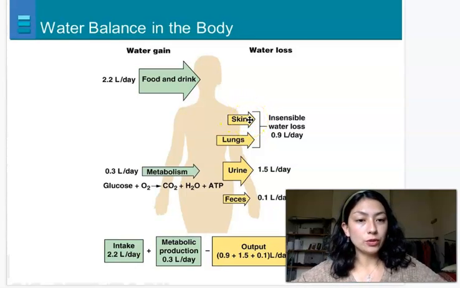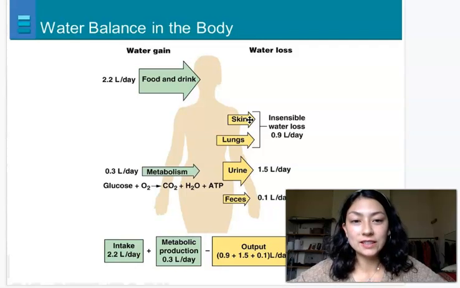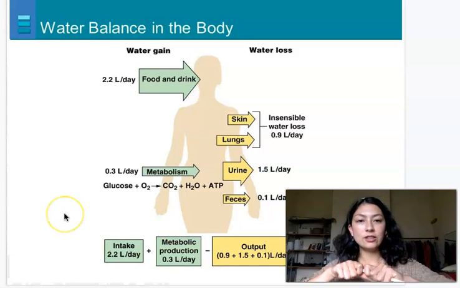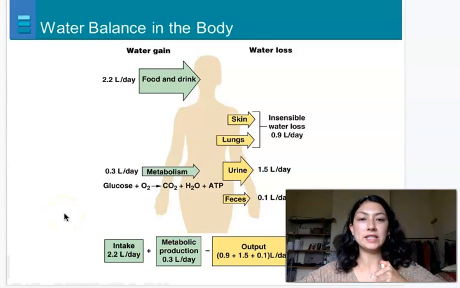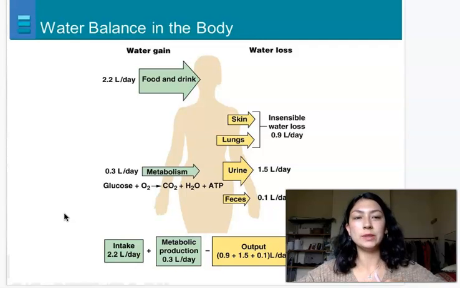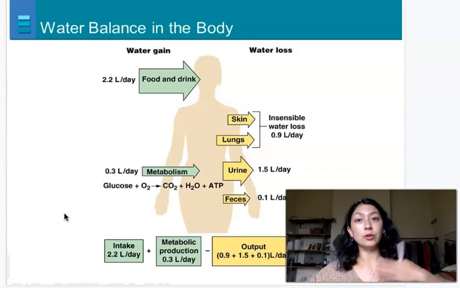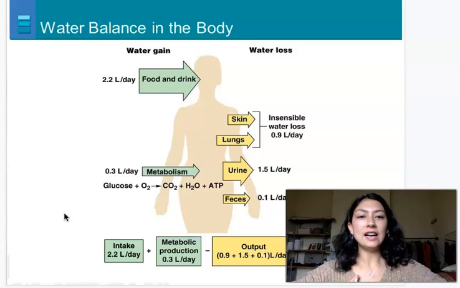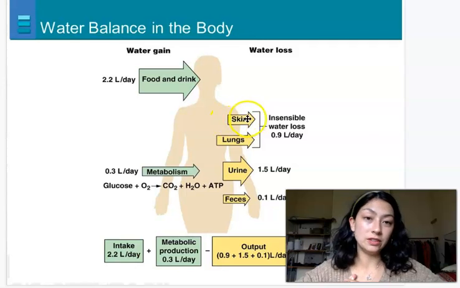You produce a lot of water through your skin, even if you're not sweating. It's called insensible water loss because you can't actually notice it. Sweating, we don't really notice sweating. So for our purposes, we're not really going to be thinking about sweating as a form of water loss because it only occurs under high temperature pressure. So that's high temperature due to external factors or high temperature due to your body's metabolism via exercise. Insensible means you don't actually feel the water you lose from your skin very much at all.